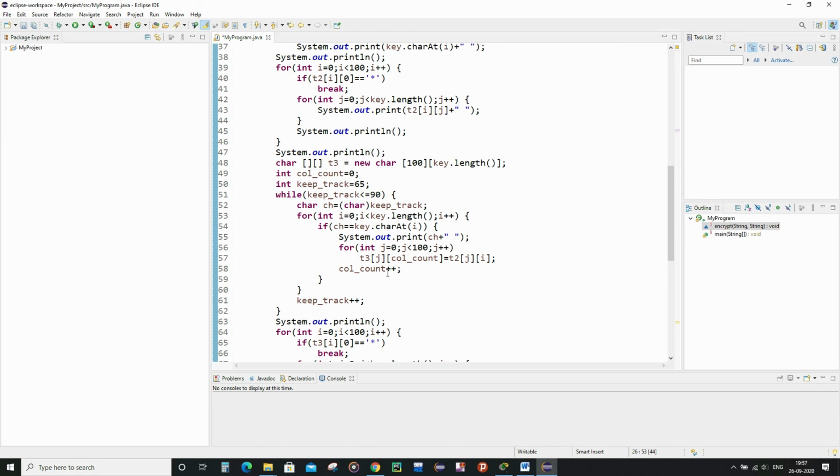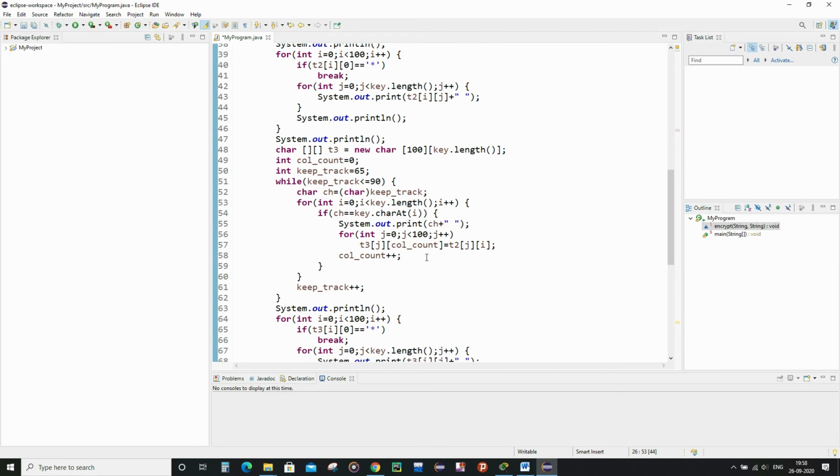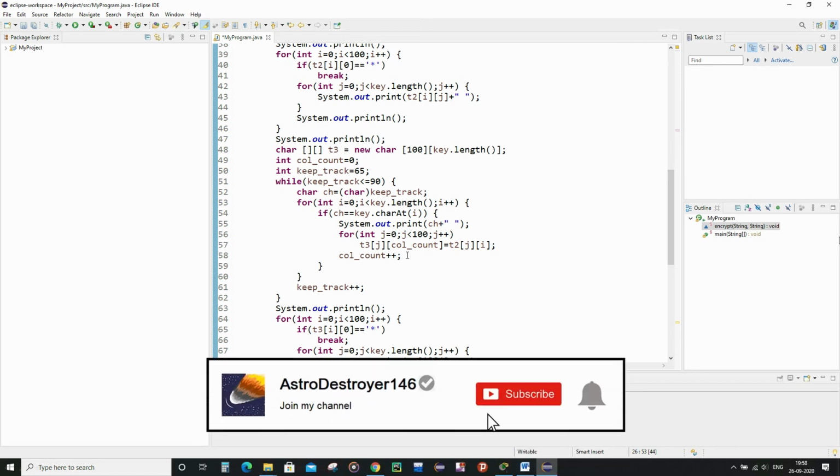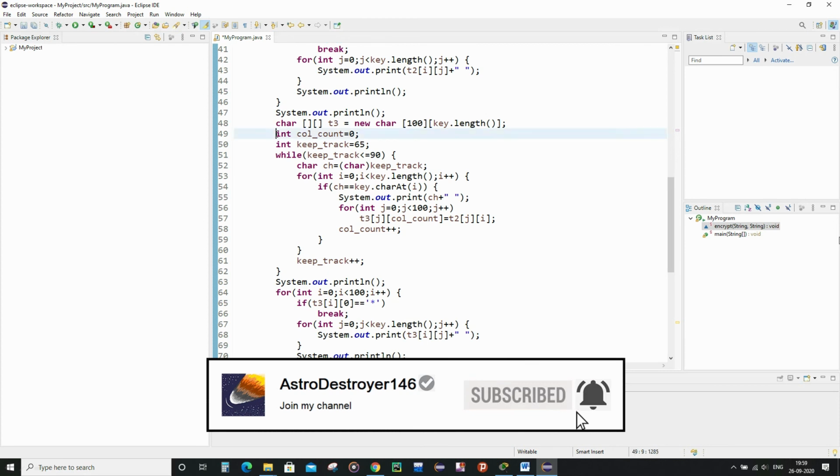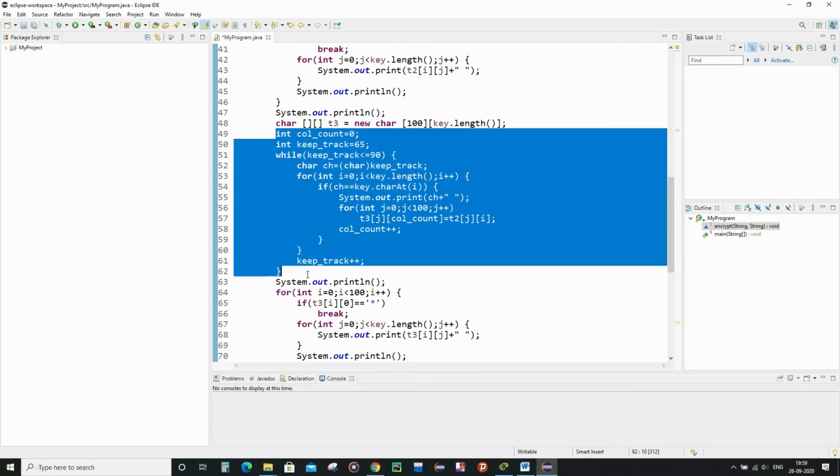So for A, we have to map by taking the help of the T2 matrix and also the key string variable, and fill up the T3 two-dimensional character matrix. After filling up, we will have to go by the rules of the cipher and fill up the first column with the elements of that column in which A has the uppermost position in the T2 character matrix. This entire code here, as you can see, is dedicated to do that thing only.